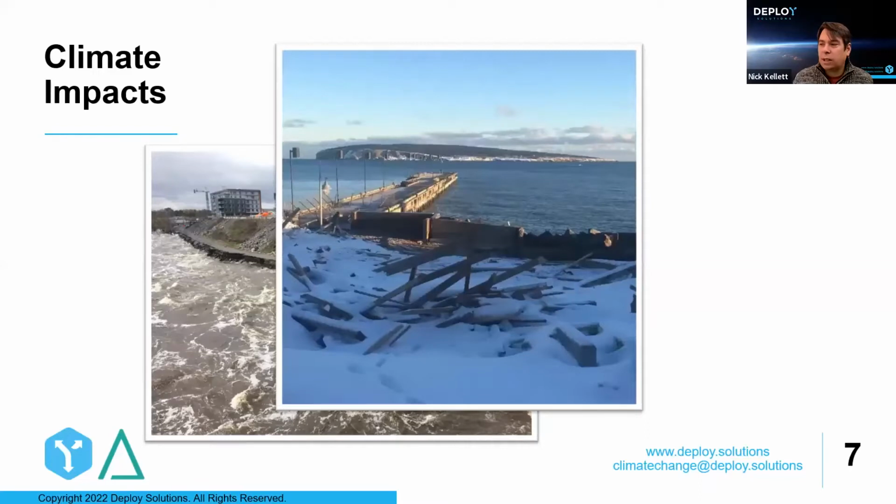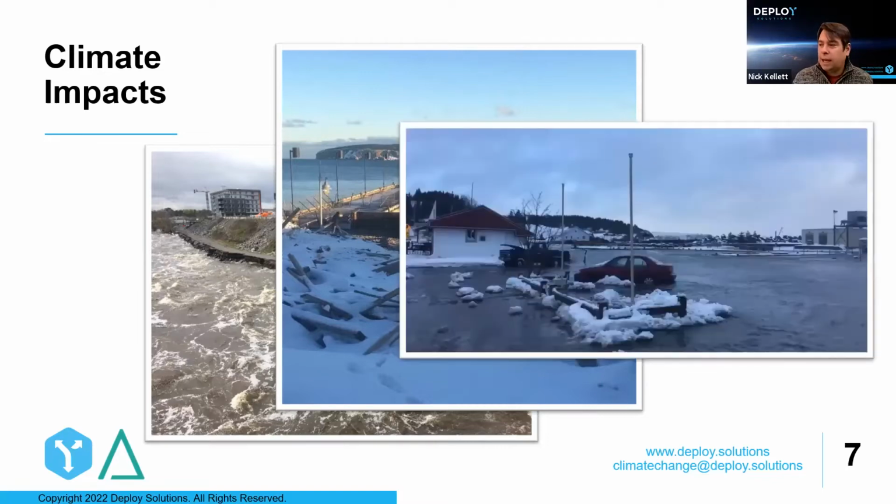I also took photos in that same year of some winter storm damage that was occurring in eastern Quebec because there's no winter ice that used to form and buffer the waves. So there's more damage from storms, and this was actually sufficiently bad that it caused a tourist town, which this is Percé in eastern Quebec, to undergo millions of dollars worth of damage and renovations as a direct result of this impact. And at the same time, another winter storm flooded a local village nearby. So these are photos I took. I'm sure that many of you are increasingly having your own impacts that you're observing and maybe taking photos of and being affected by.